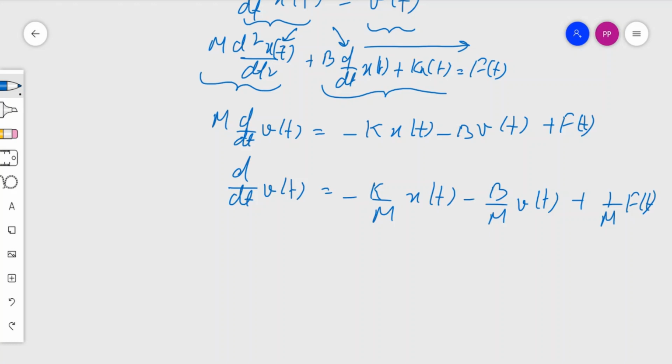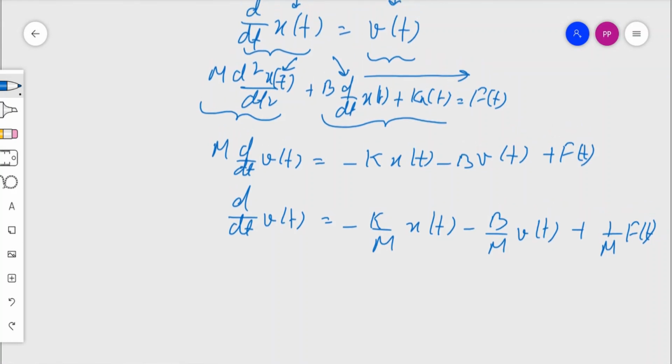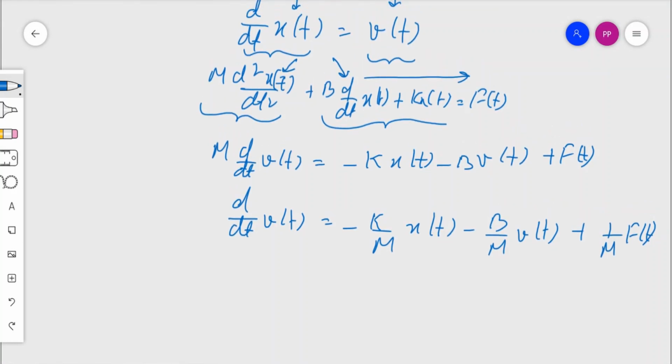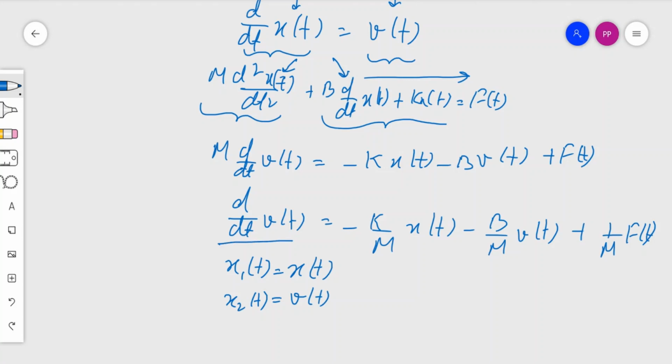So here we have the opportunity to define these equations in terms of a specific representation of the state variables. Like the first state variable, we have x(t). So I define a new variable x1(t), which is equal to x(t). Similarly, second we have v(t). So I define a new variable, x2(t). And we had acceleration also, but that is the highest order, so that will be coming over here. So on the right hand side, we don't have the botheration of including the derivative term of the highest order of the variable. So we can redefine these equations as